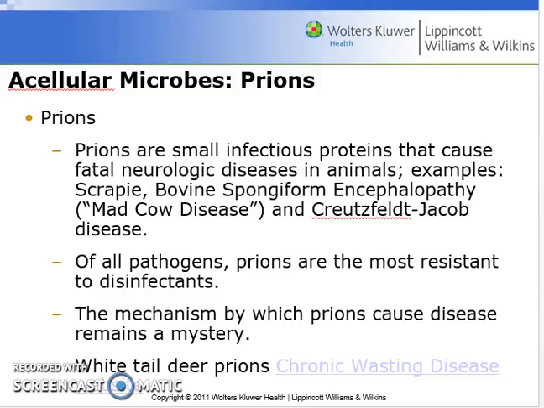Prions are very difficult for us to understand, and they're very hard to get rid of. They're very resistant to different disinfectants, so it's not like bacteria where you can add bleach and just kill everything. Disinfectants aren't going to do anything to the prions. The prions can still be infectious. And we really don't know how prions cause disease, other than that we know they may play a role in altering the shape of your traditional